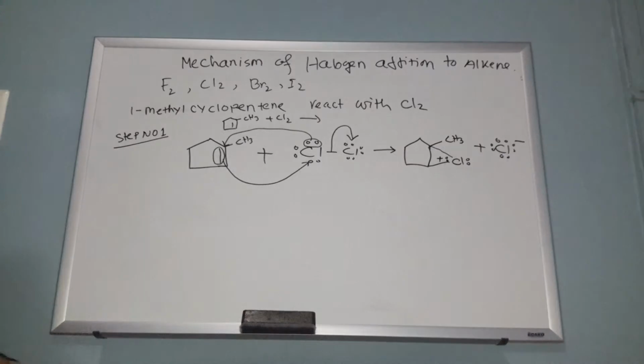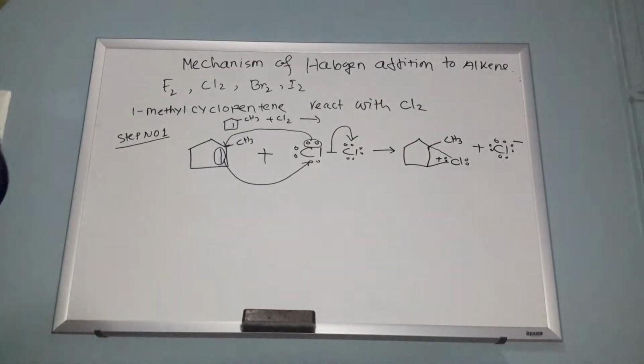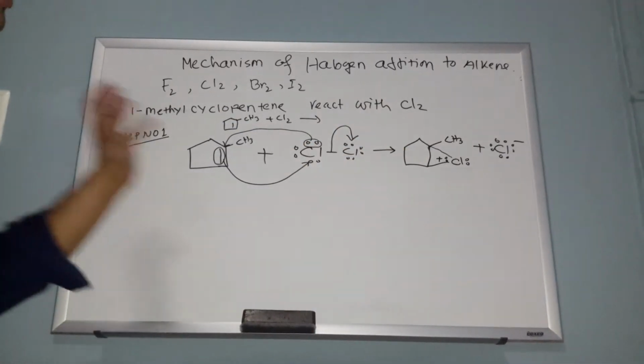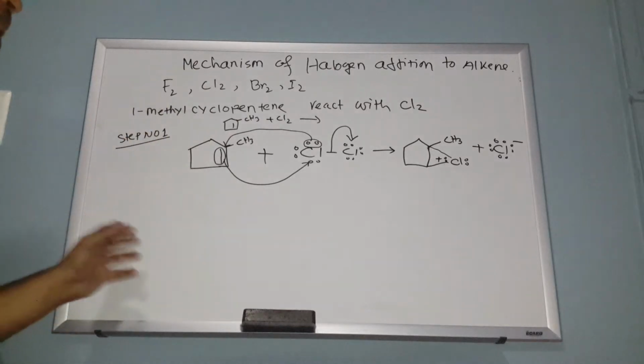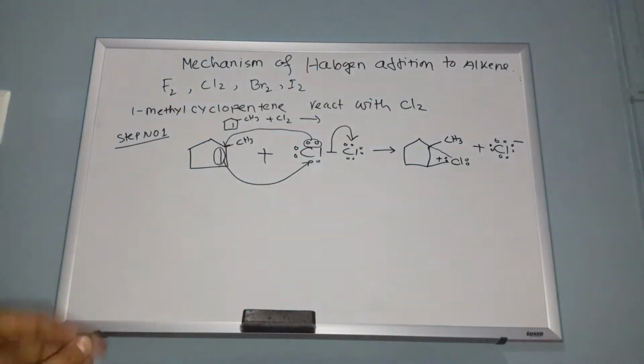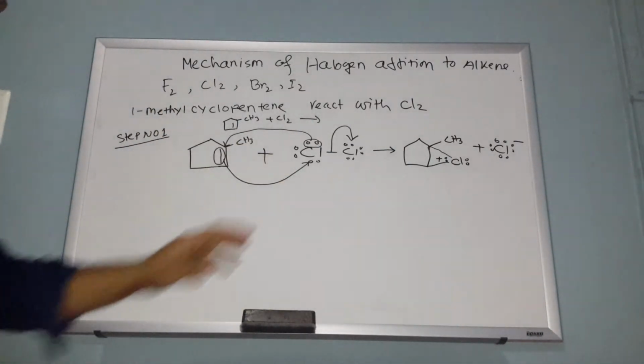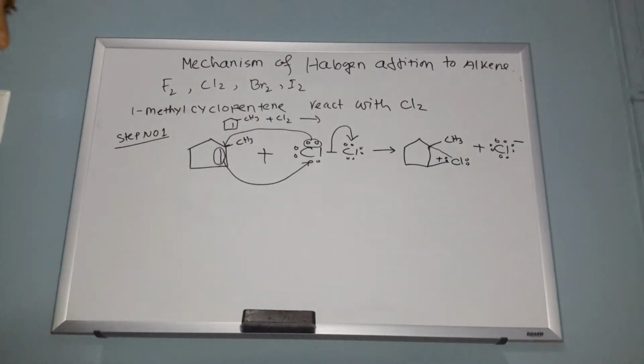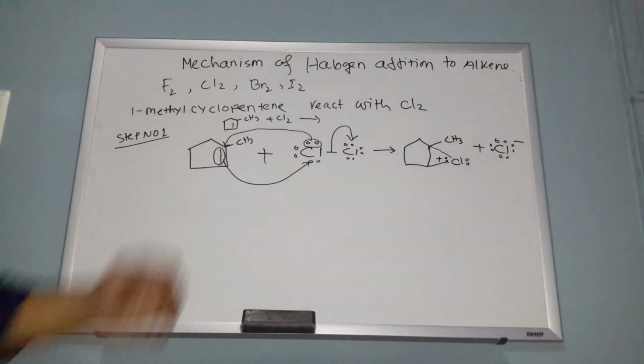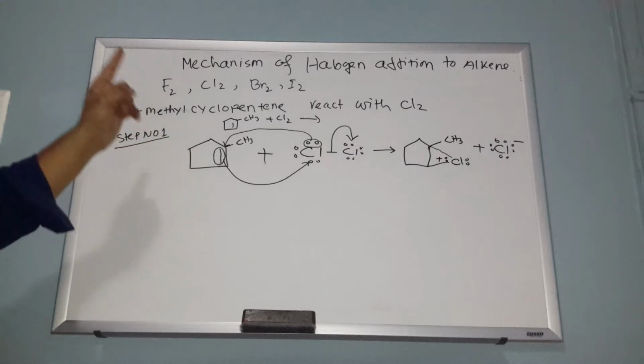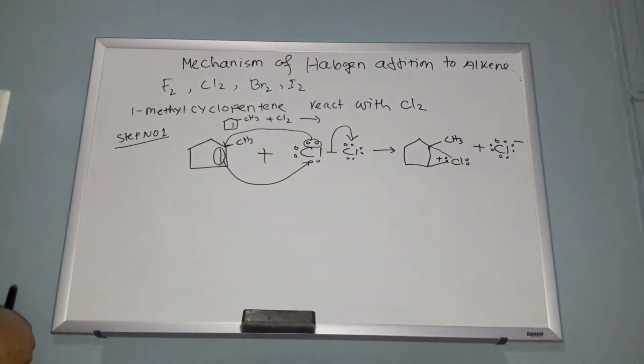You have a positively charged ion, a cation, and a negatively charged ion, an anion. That means they will react with each other and form a product. So what is good about this mechanism is that when you add the halogen group,